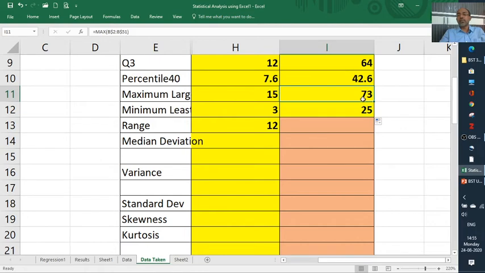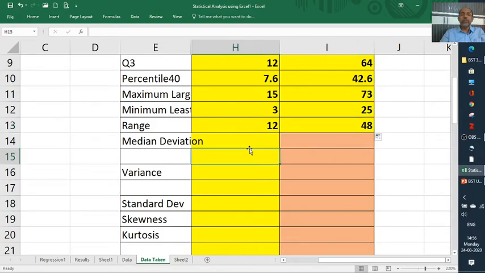The maximum value in the attendance is 73 and the minimum is 25. So we calculate the same range. Range means 15 minus 3, how much is it? 12. The same way you calculate here: max minus min is equal to 48.